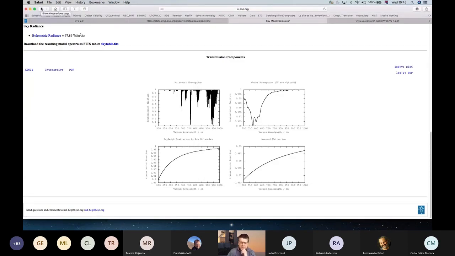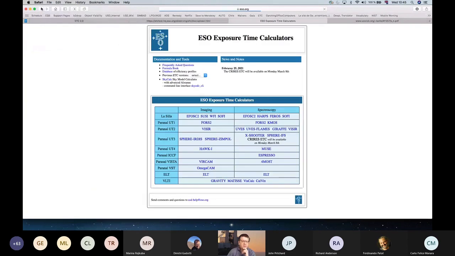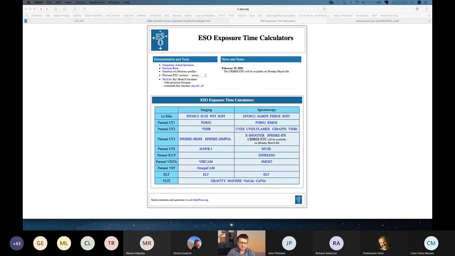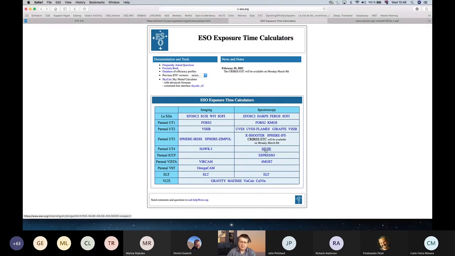So this is maybe useful to know and to use sometimes, to really make sure that what I see in my spectrum is really from a star or is coming from the sky. So I understand that many of you prefer MUSE, so I will go then to the